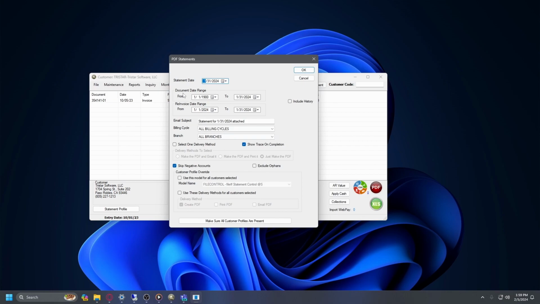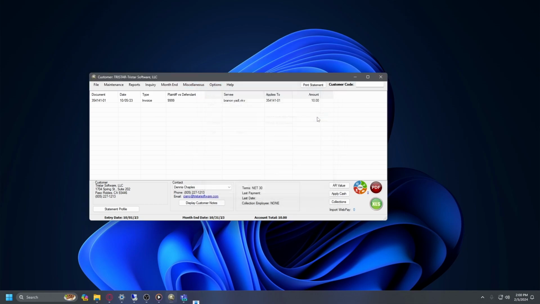The date range and the statement date should all be set to the previous month, although you do want to double check that it has the correct date. As you can see, I am filming this in February and the date range is for January. We have a video on PDF statements if you want to see this in more detail. For now, I'm going to hit cancel since I don't want to print or email anybody